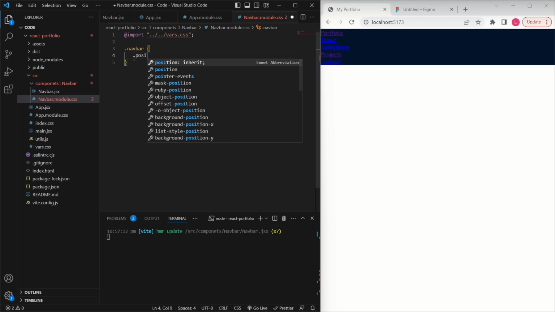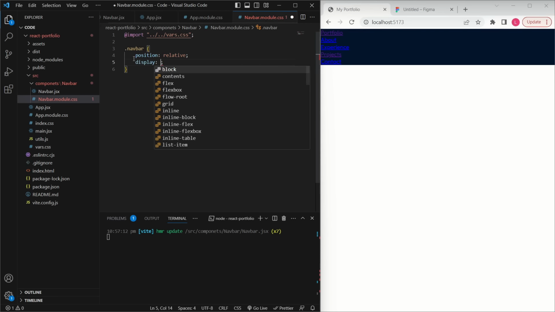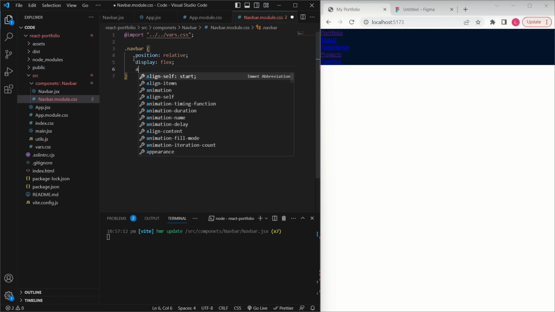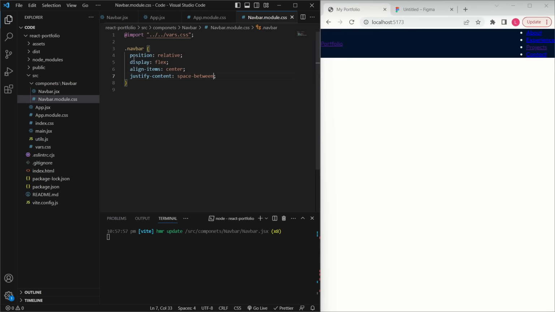We'll position it relative. We'll give it a display of flex and align items to center of the row, and we'll say justify content space between, because we basically want to space out the portfolio text to the left and the elements to the right. We'll give it a padding on the top